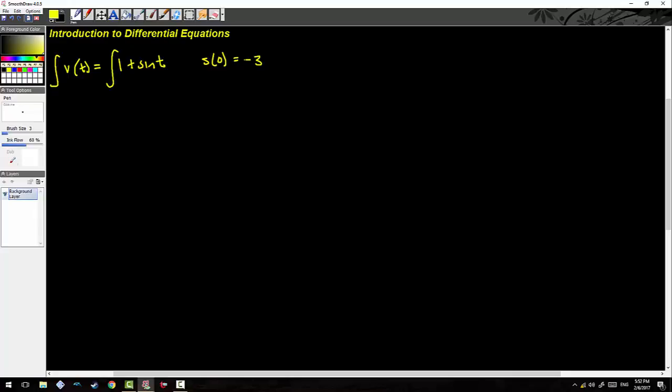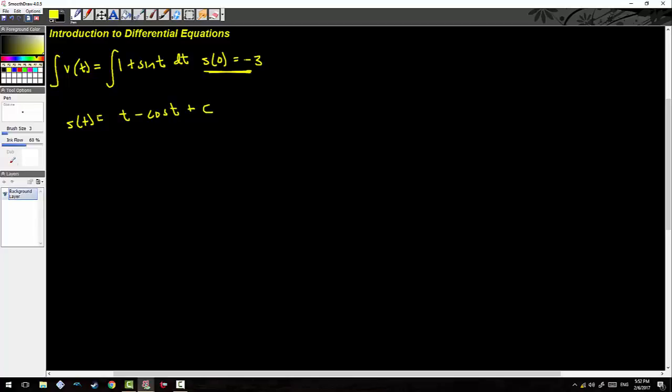of both sides. I get the position function here being, if I integrate this with respect to t, what I get is t, and then remember, the integral of sine is going to be negative cos, and I have to remember that plus c, that constant of integration that's always appearing there, accounts for some kind of vertical shift of sorts. And this would otherwise be our position function, except they gave us this initial condition here of s of